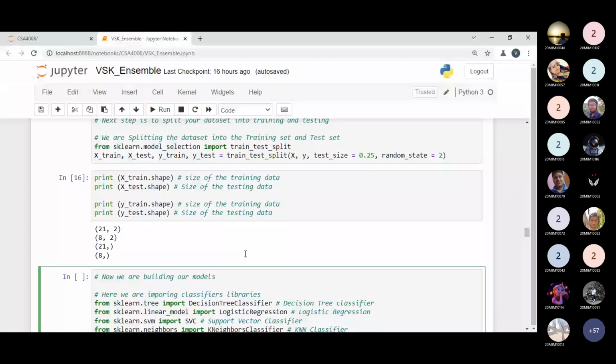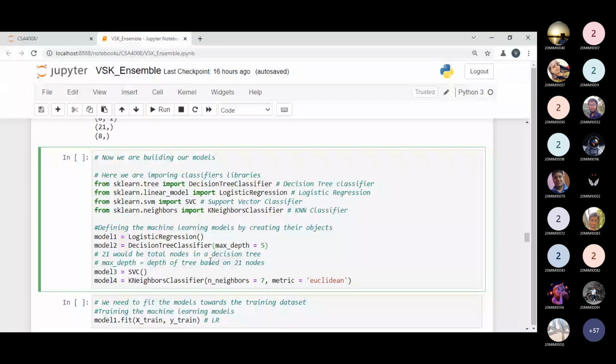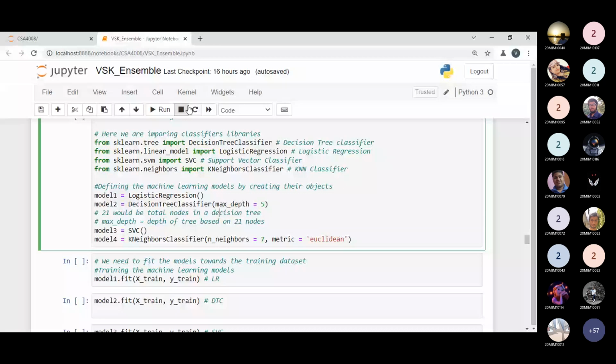So 21 will be the total nodes in the decision tree for building the model, and the maximum depth will be calculated from the depth of the tree based on the 21 nodes. Now it is clear. So now it's time to fit our models on the training data.